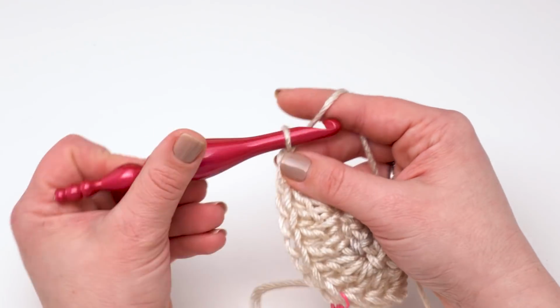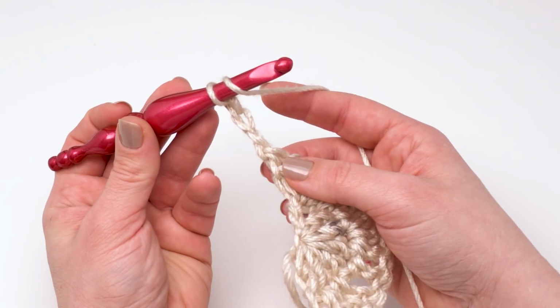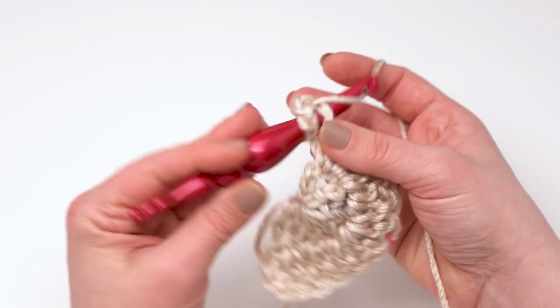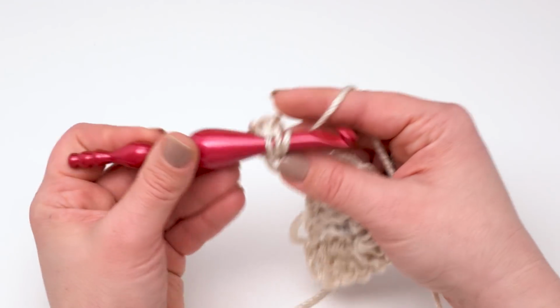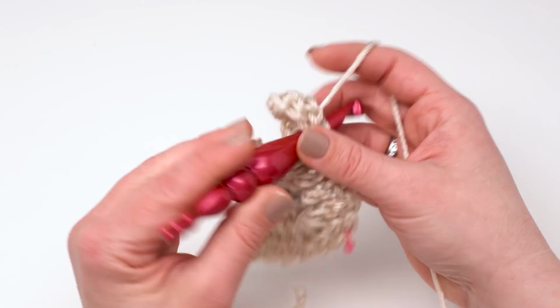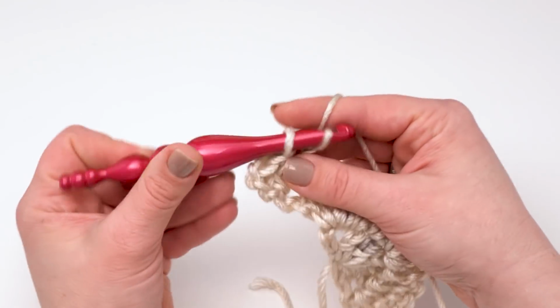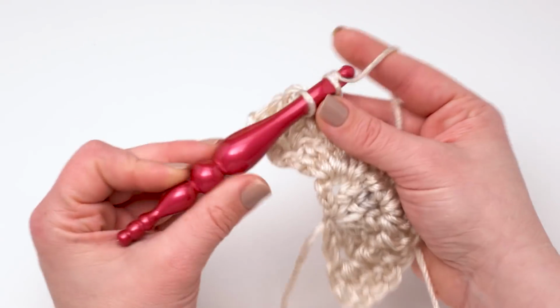Once again, I'm going to start with a chain 3, which will count as my first double crochet, and then 2 more double crochets in that first stitch. And then from there, I'm just going to double crochet in each stitch to the marked stitch. So that's where our marked stitch starts coming in really handy. You don't have to keep a super close count if you don't want to, as long as you're not missing